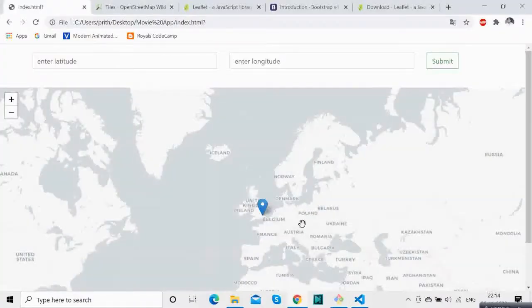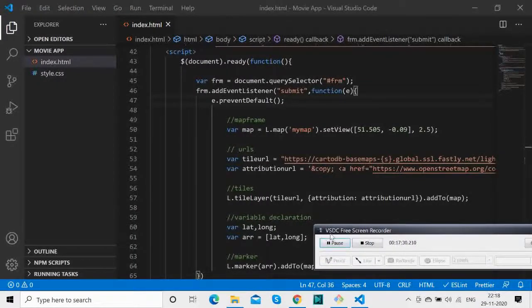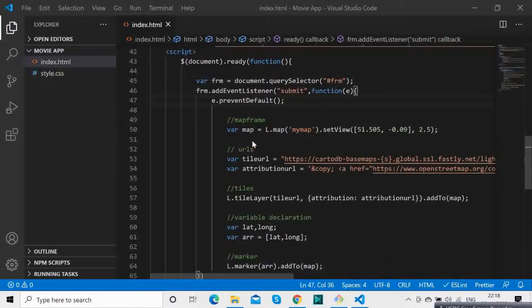And this alert is working, which means the submit button is working. We will of course give e.preventDefault just to stop the browser from refreshing when we submit. Click on submit, and then